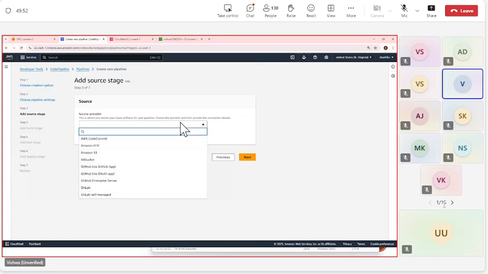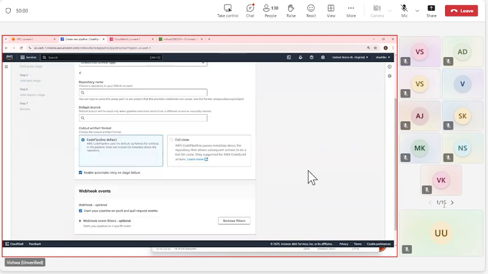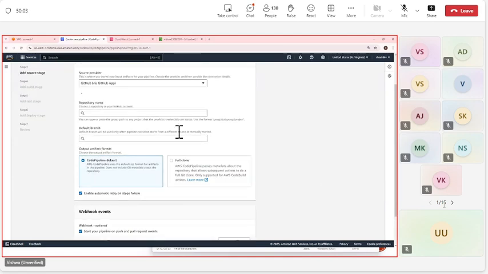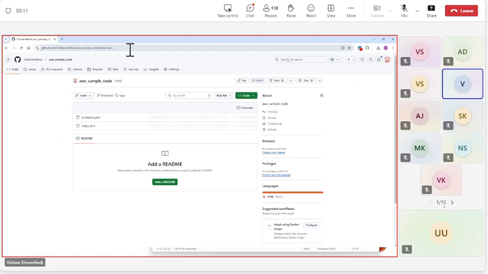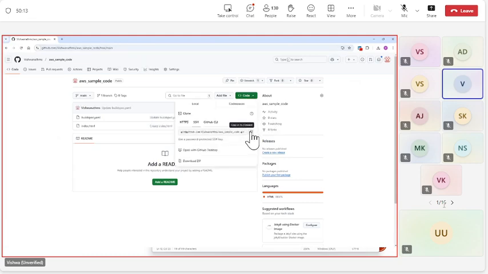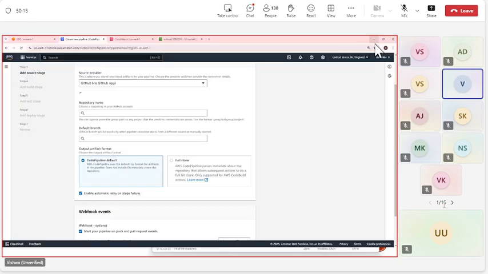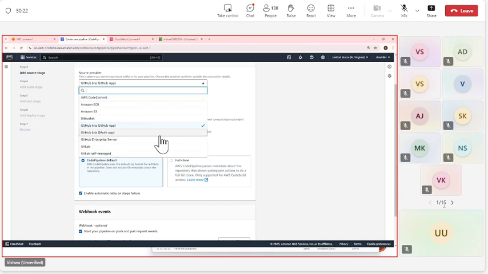Source. Now, this is where I will have to select GitHub. We saw that the GitHub link works perfectly fine. It was able to take up the GitHub and talk to us, right?